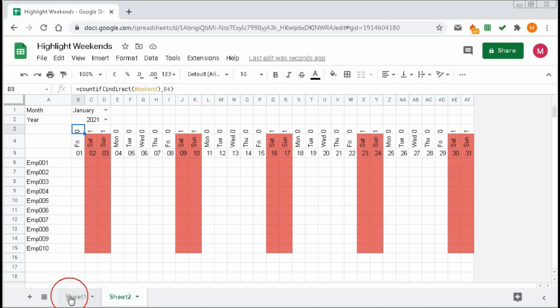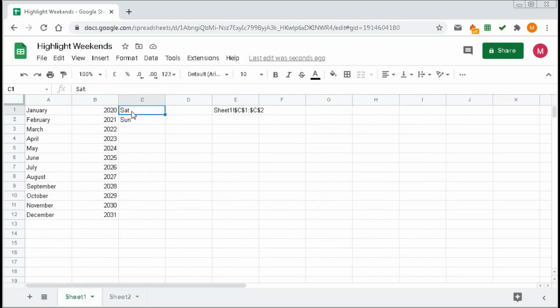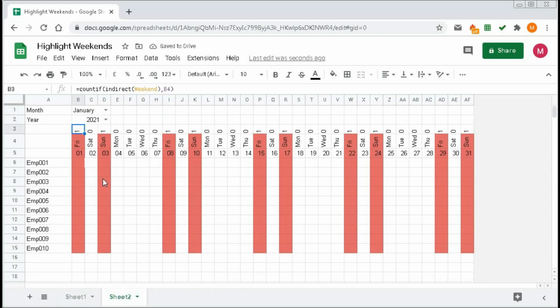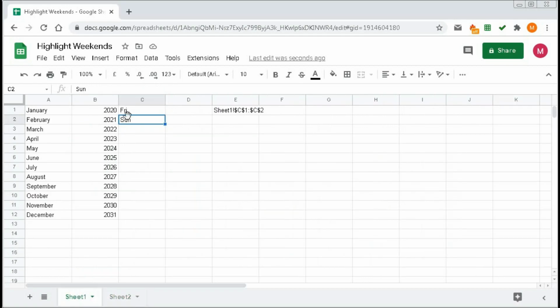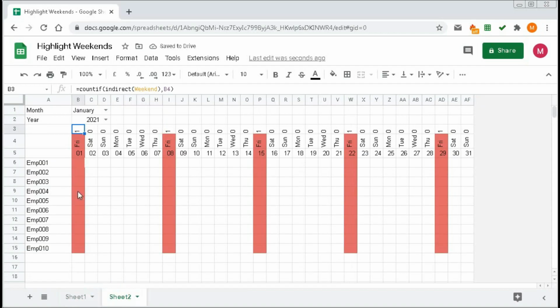If I change, suppose here I want to place Friday instead of Saturday, we can see Friday and Sunday is the weekend. And now if I place only Friday, you can see only Friday is colored. You do not need to change the formula again and again to highlight these cells.